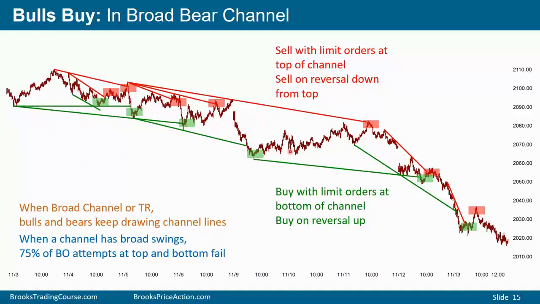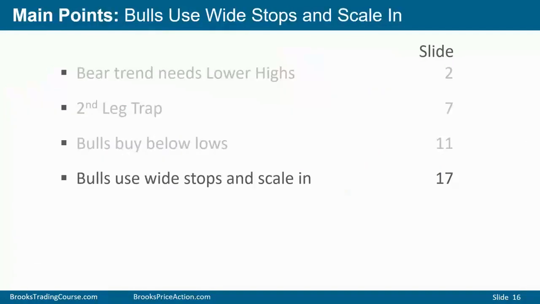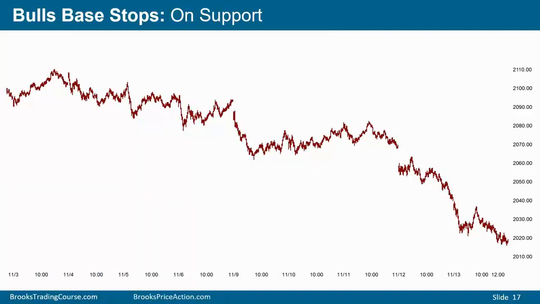When it's in a bear trend, especially a fairly steep trend, traders will focus more on selling. However, as long as the reversals up are fairly strong, bulls will buy as well. When bulls are buying in a bear trend, first of all, only experienced traders should be doing that. They'll be using wide stops and they'll often scale in. Some bulls buy with a limit order at the prior low. They see the market selling off, they'll place a limit order to buy at this low, and they'll get filled right here.